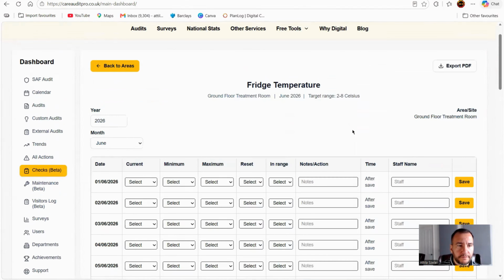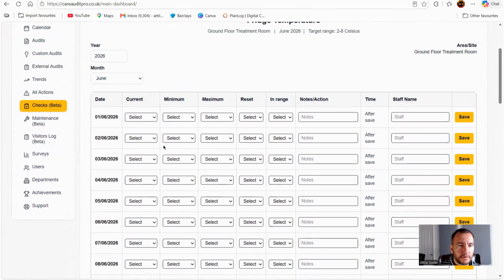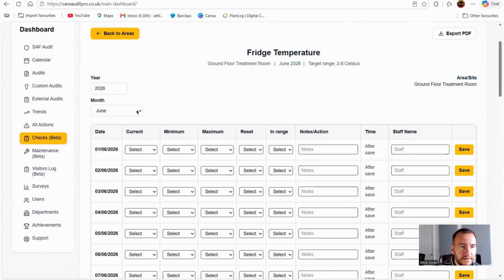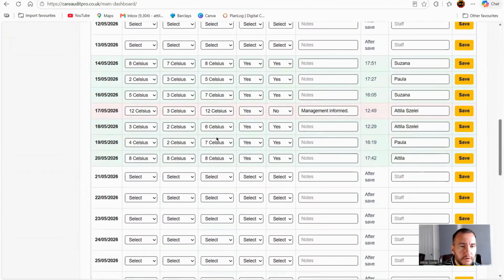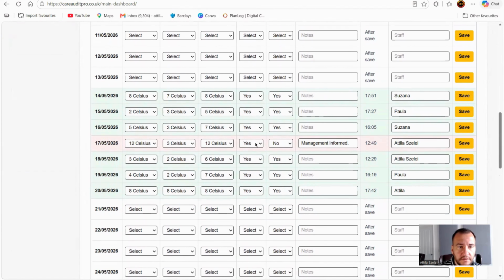I'm gonna open it. In June, today is 3rd of June. I've obviously, this is a demo account. I've not carried out any checks yet. I know I've done some for May, so I can go back historically and I can see the checks, the fridge temperature checks. You can see there is one in red,